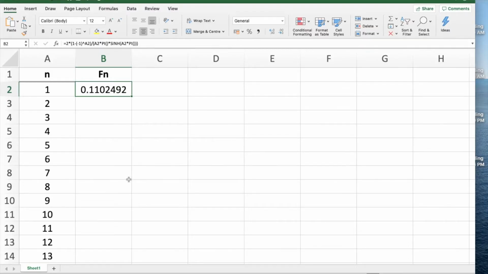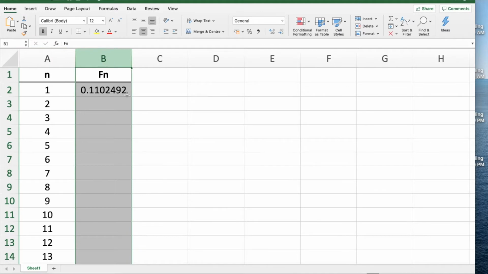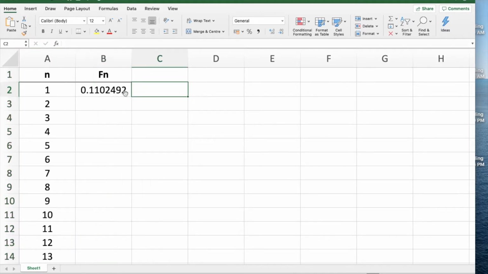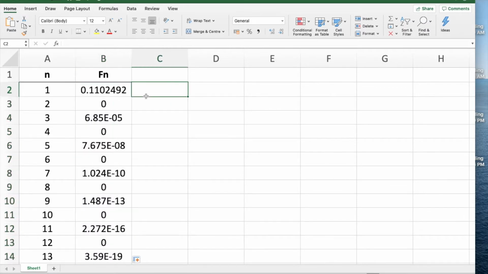We'll begin to consider the solution by calculating the constants of integration for a series of index values. So I'm going to use Excel to do this, and in column A I have the index values n, and in column B I'm going to calculate the constants of integration using the formula that we just computed from our solution. So if I propagate that through, what we notice is that every other constant of integration is zero valued,